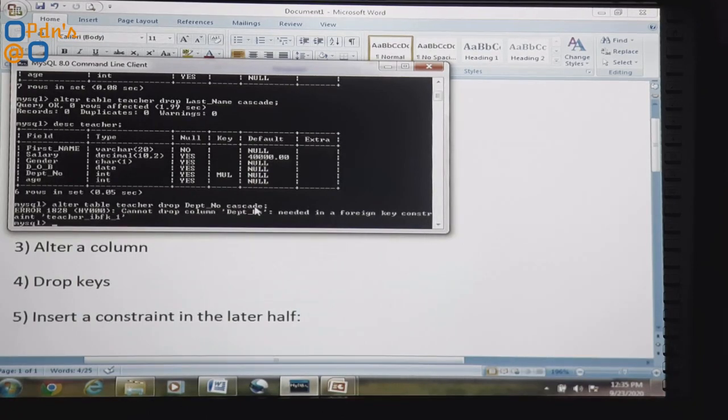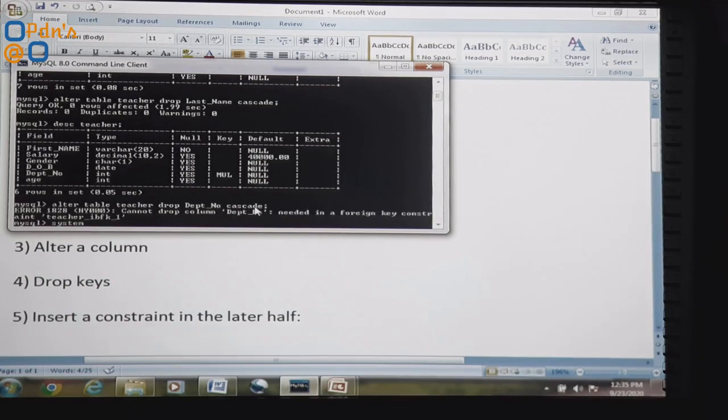Since cascade and restrict options, as I discussed earlier, are not supported in MySQL, although they are permitted for syntax purposes, they will not do anything. It will simply keep the foreign key as it is. Since it contains a foreign key constraint, it will keep the field as it is and will not do any changes.